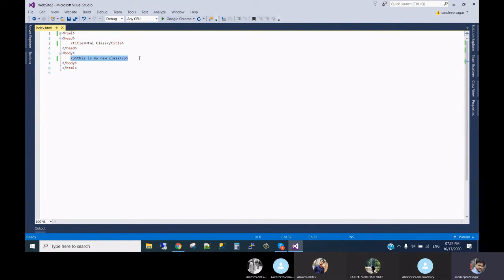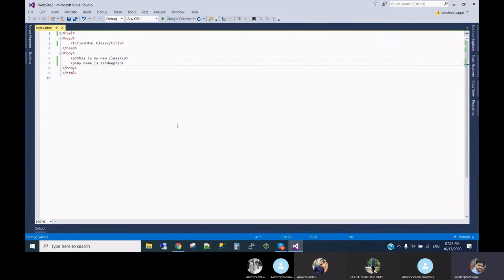And if we give another paragraph, it will make a new line itself, because one paragraph, then you give a second, it's a second paragraph. If I give a second paragraph, it will automatically go into the second line. So a line break automatically happens when a second paragraph is used. We don't need to give a special line break tag or any extra coding. If you use a paragraph, it is automatically a next line.